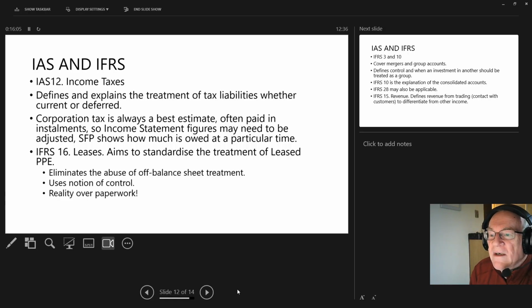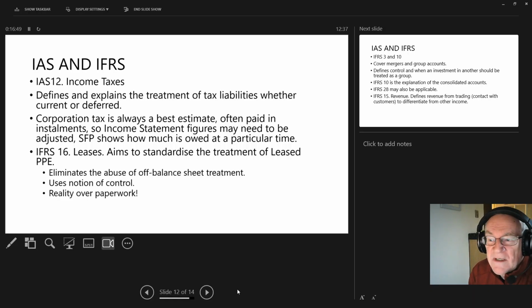Then there's the good old IFRS 16 leases. I must admit I dread teaching this one every year, and yet it's relatively straightforward if you use a good book. Standardising the treatment of leased property, plant and equipment. Why? Because the old IAS 17 allowed items to be treated as off balance sheet. In other words, a lease item, in theory, you don't own, it belongs to somebody else, but in reality it's owned by a finance company. And people abused it. They didn't need to show them in the balance sheet, or in fact they didn't need to show liabilities for like 3 or 4 years time.